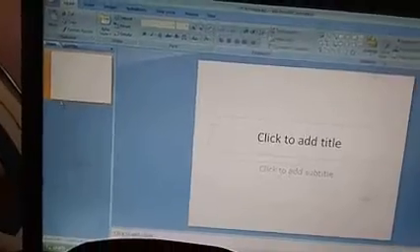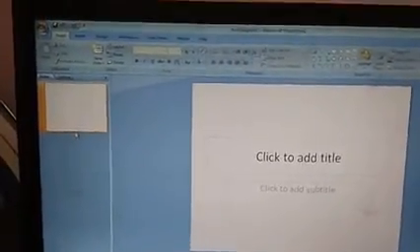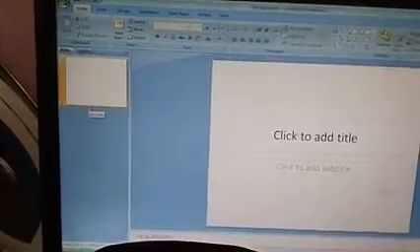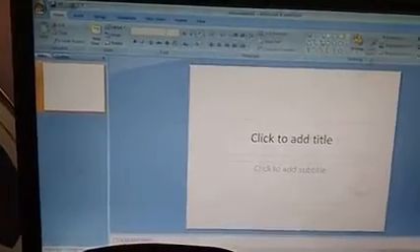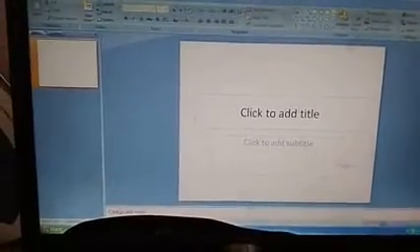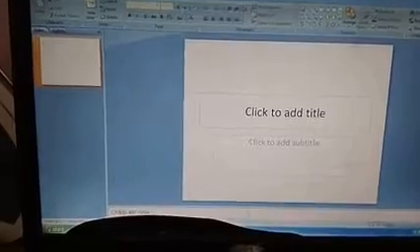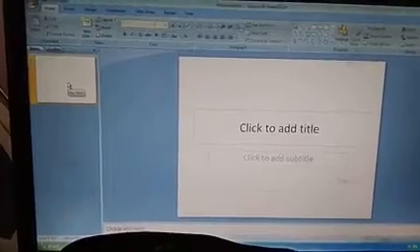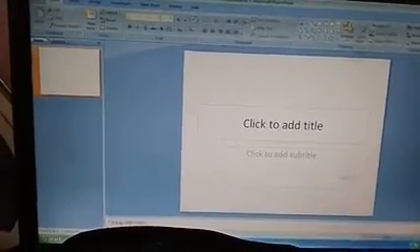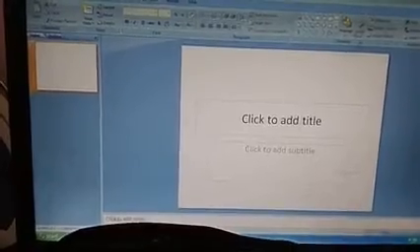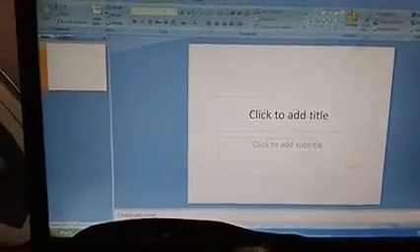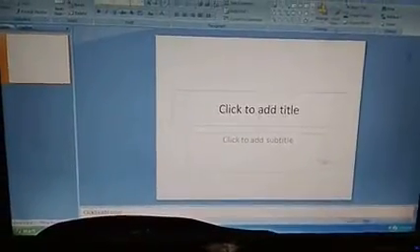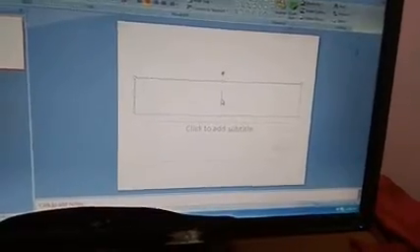And then you are going to have a window similar to your 2003 PPT. This section is called the slide or outline section, this section is called the slide, and the lower section is called the notes section. So your main screen is divided into three sections: the slide or outline section, the slide section and the notes section. Whatever you want to write in the PowerPoint presentation, you click on the slide and go on typing over here.